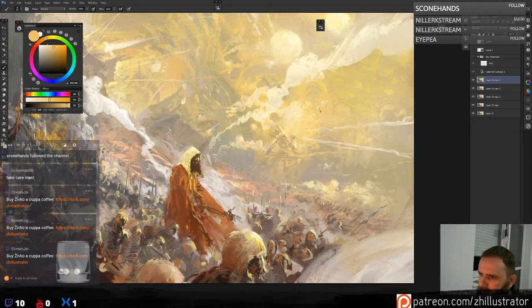Make them your tool to tell your viewer that something is in the background where you don't have much value contrast. As you're going farther and farther away, you start losing a lot of details.